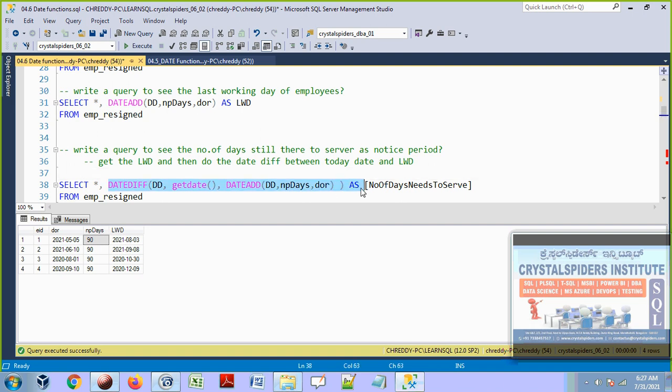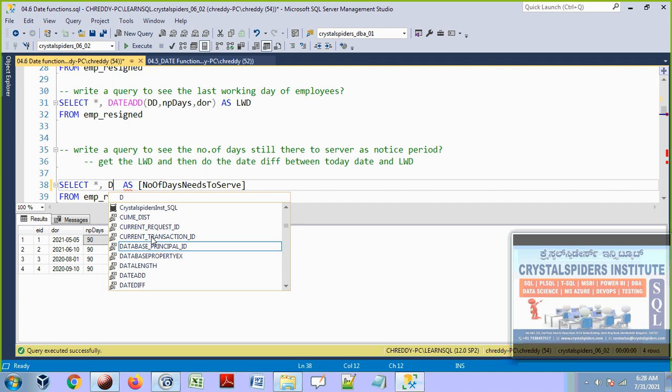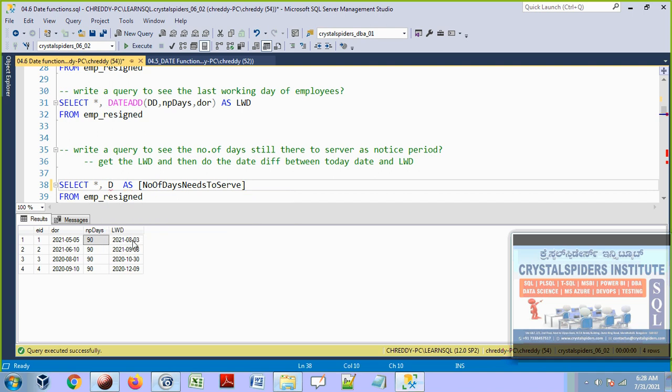Let me write down this part again. We are going to get the last working day and then do the date diff between today's date and the last working day. So here I am going to write date diff between today's date and the last working day, which we are able to get by adding the number of days to the date of resignation, DOR.